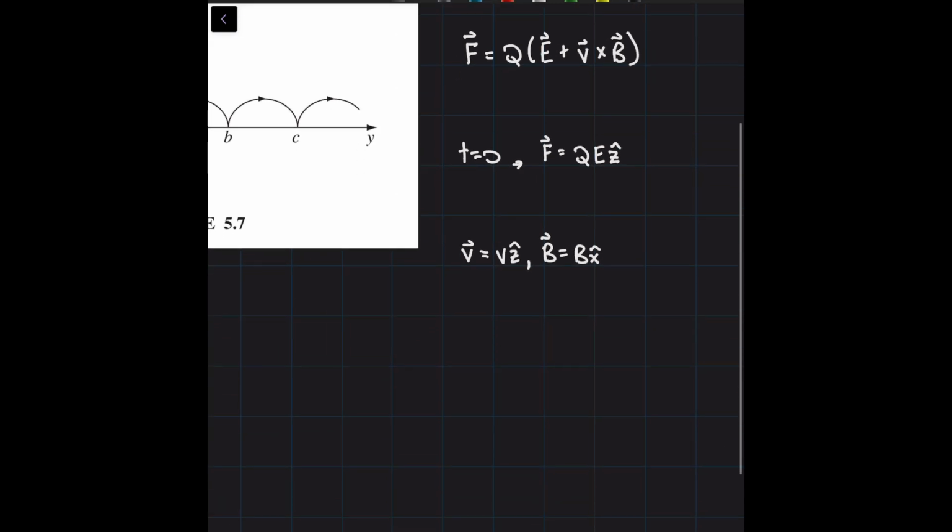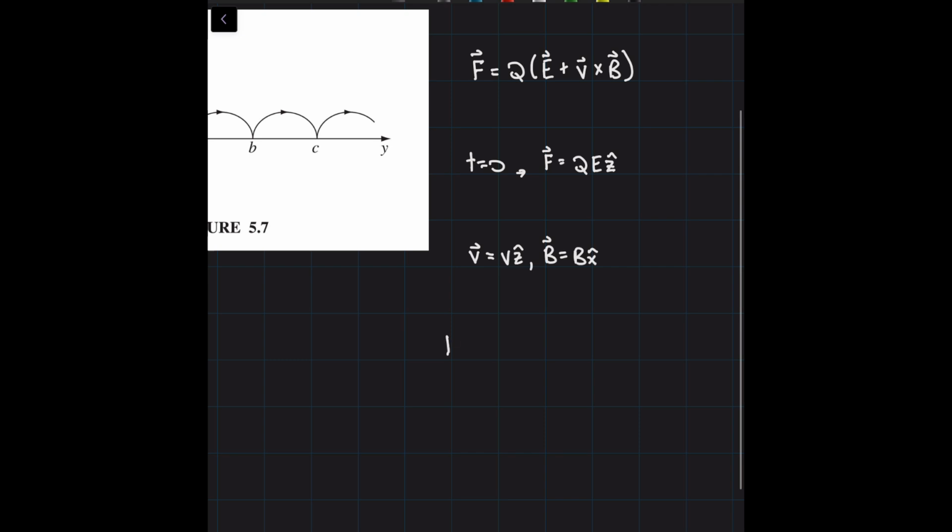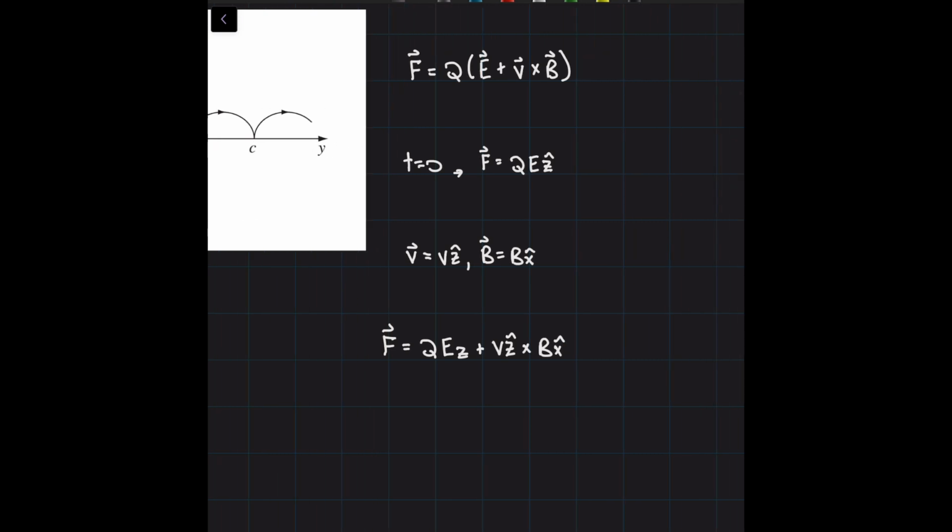So the full form of the Lorentz force is going to be F equals Q times E z hat plus V z hat cross B x hat. So this term right here is going to create a magnetic force in the y hat direction,